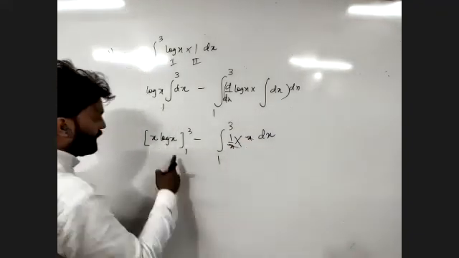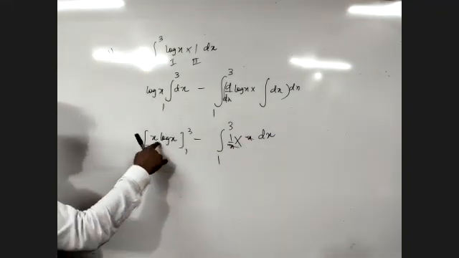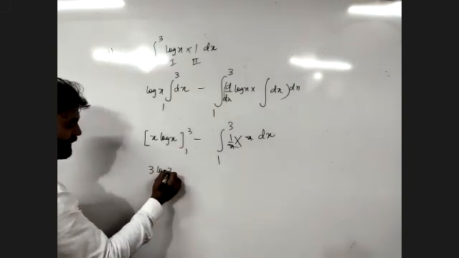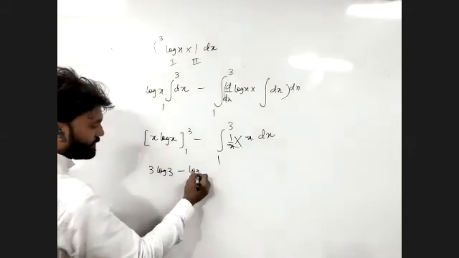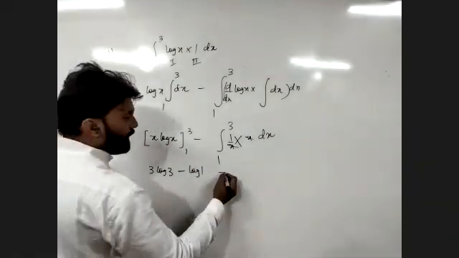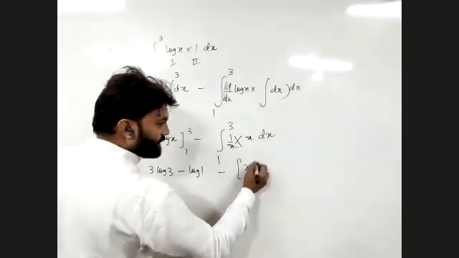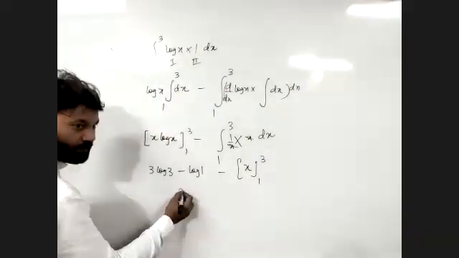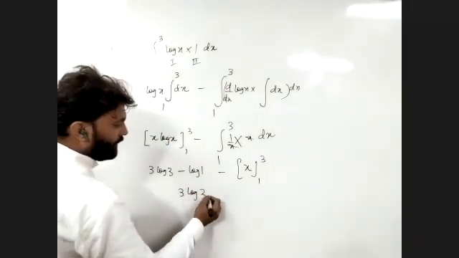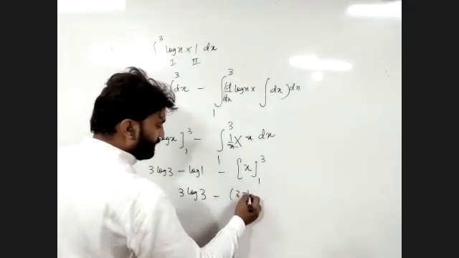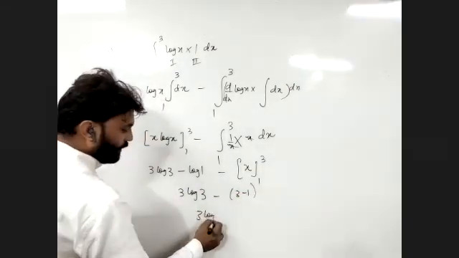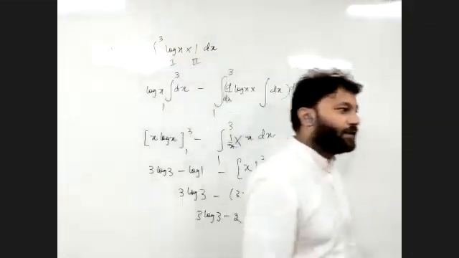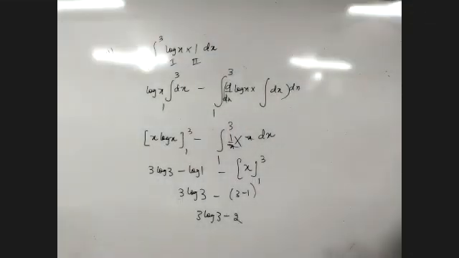These two cancel. यहाँ पर लिमिट अप्लाई करेंगे पहले पूरे प्रोडक्ट में, upper limit. So this will be 3 log 3 minus 1 log 1. So only 1. Minus integral of this will be x with the limit 1 to 3. Log 1 is 0. 3 log 3 minus 3 minus 1, that is 3 log 3 minus 2. That's the answer. Is it difficult? So what are the two things that we have understood with help